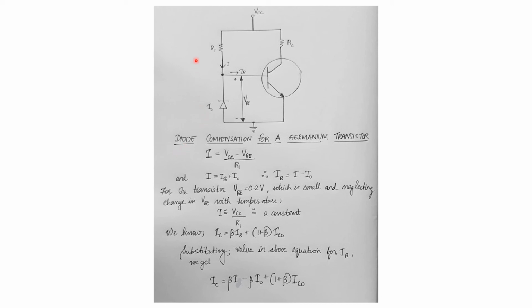So this is the circuit diagram for the diode compensation. Applying KVL on the circuit, we get that I is equal to VCC minus VBE by R1. And we know that this I is equal to IB plus this current IO. Now we can isolate IB alone and we would get I minus IO. For a germanium transistor, we do know that the base emitter voltage is very small and insignificant. It is only in the range of 0.2 volt. So we can restate the equation I as we can neglect VBE, so it would become VCC by R1 approximately,